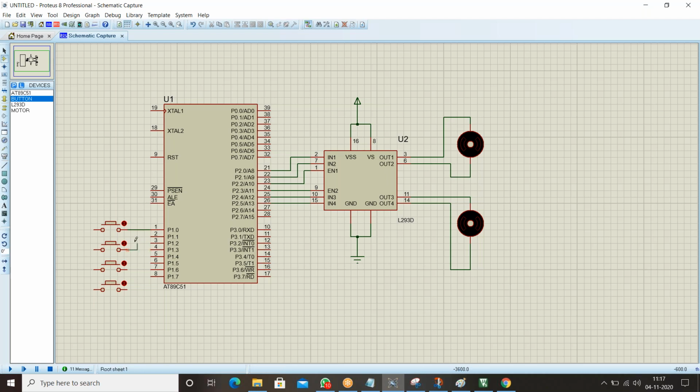If I click button 1, yes, I'm going to take 4 buttons. For this, I want to connect the ground, common ground.